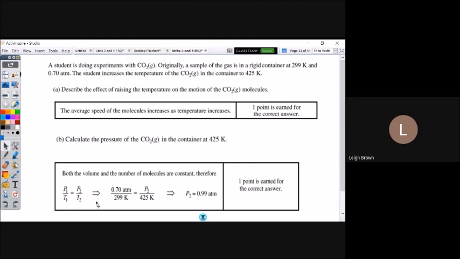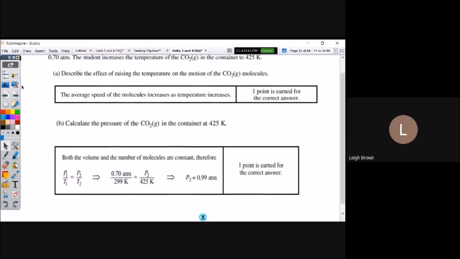Pressure, temperature, that gas law is not specifically on your formula sheet. You could derive it from the relationship from PV equals nRT, but now you could have like the combined gas law, Boyle's law, P1 times V1. You could have all of those written down if you thought you might need one. The key to gas laws though is temperature always has to be in Kelvin. So it just said, what's the pressure in the container at this higher temperature? You had a pressure at a lower temperature. You just had to remember that relationship. It wasn't that difficult of a question, just remembering that relationship.